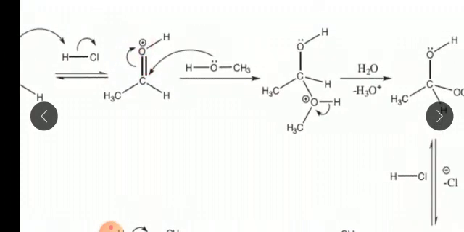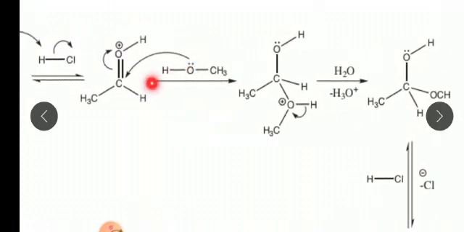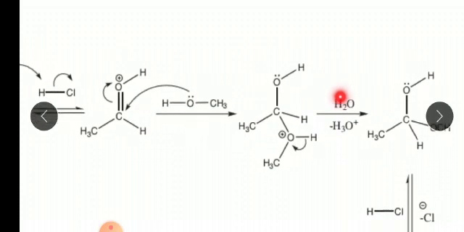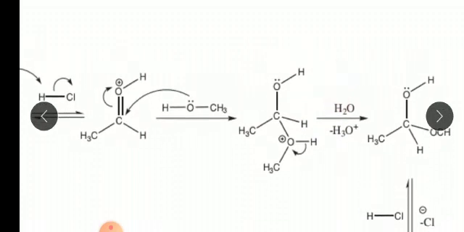Now what happened in the third step? Here the oxygen is bonded, as well as CH3, and one more hydrogen is present. The methanol group is added to the center carbon, and the bond is also shifted, leaving the lone pair of electrons on the oxygen side. Again the third step is a protonation: addition of water, removal of hydrogen.